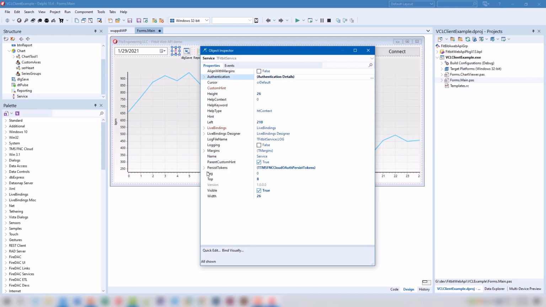If we look at the properties, we find the property persist tokens, and this is exactly where you can set the configuration where your tokens are supposed to be persisted, and you can also say which tokens are supposed to be persistent in accordance with the laws and regulations that your client is used in.